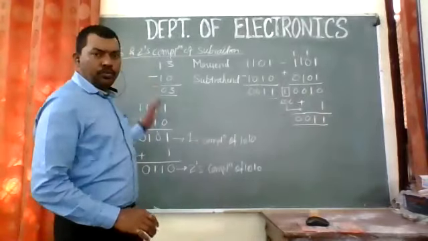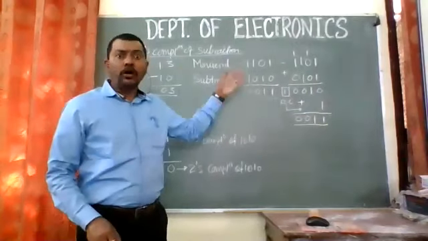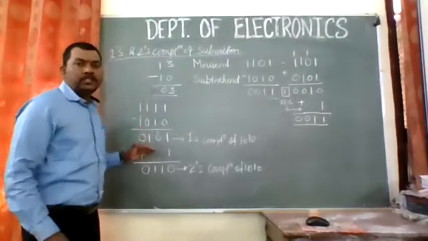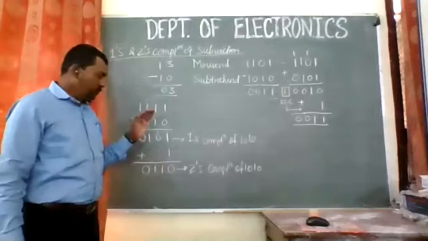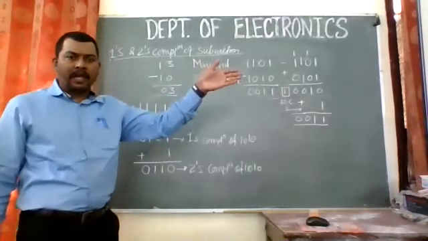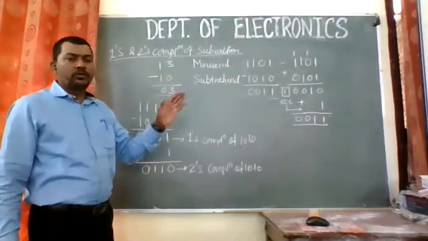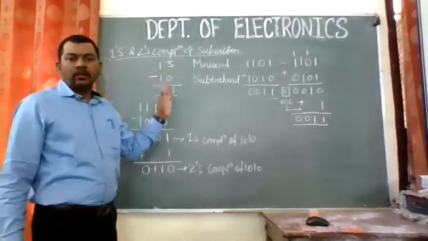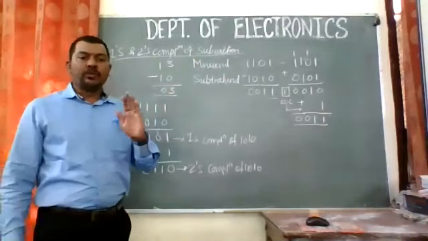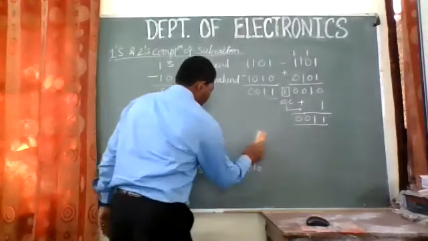So whether you do it by this method directly, simple calculation, or you go through this ones and twos complement method, right? So in ones complement, the end around carry is to be added back again. And when we go for twos complement, you will be able to see that the carry which is generated is to be neglected. So let us try with that.